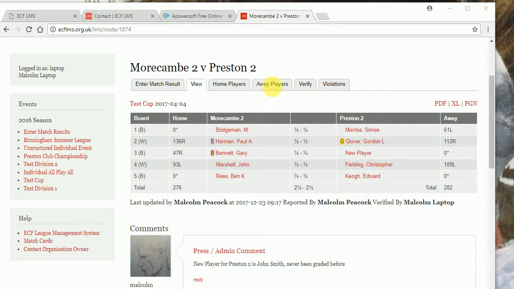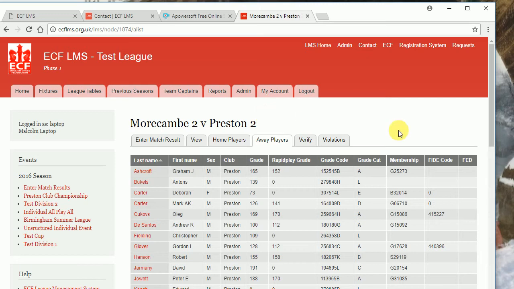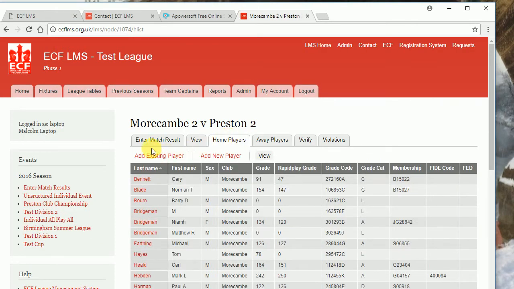Another thing that's league dependent is what access you give club owners to update player lists. So if we click on away players here, we see we've got access to look at the players, but if I click on home players, I've got options to add existing player and add new player. Add existing player